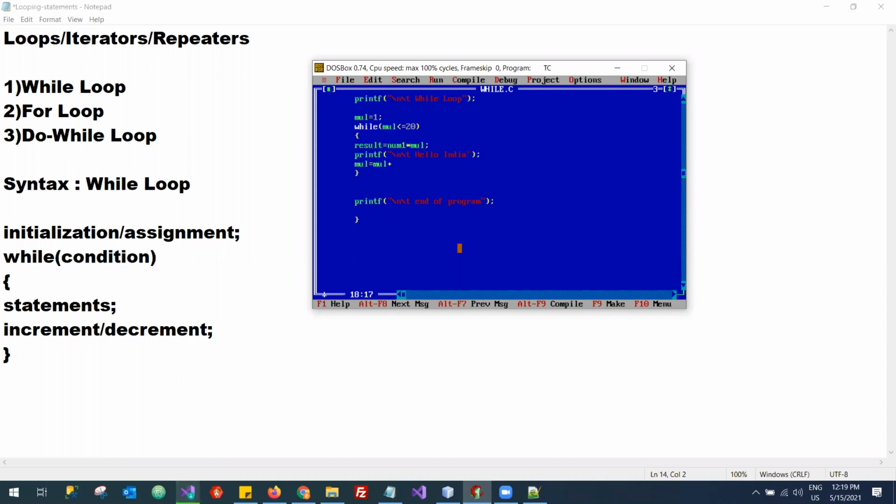Do I need this? Many people go with the variable i. I'll go with something called number, so number is equal to number plus 1. I'll change my program based on the requirements. So I'll take input,